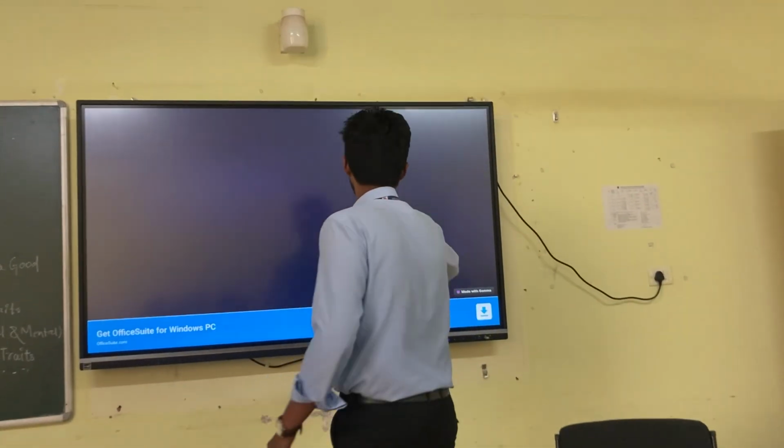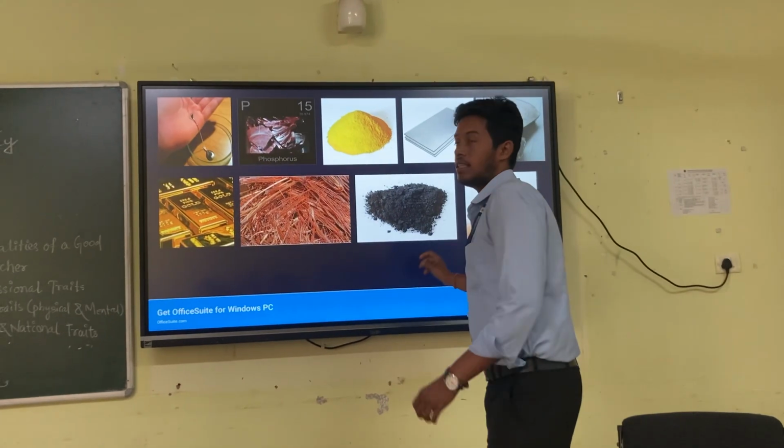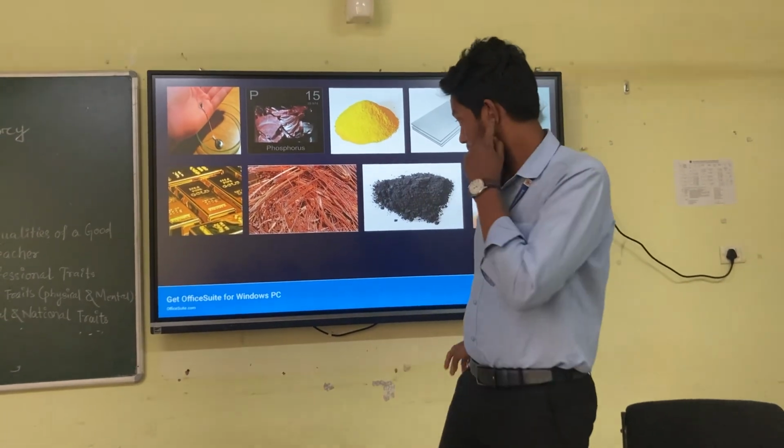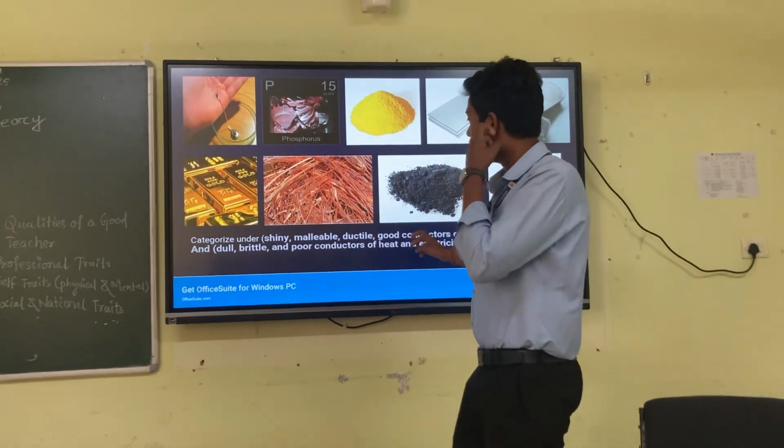I will show you some images. So there are some metals, and I want you to differentiate. These are a few images. Okay. Differentiate on the basis of like